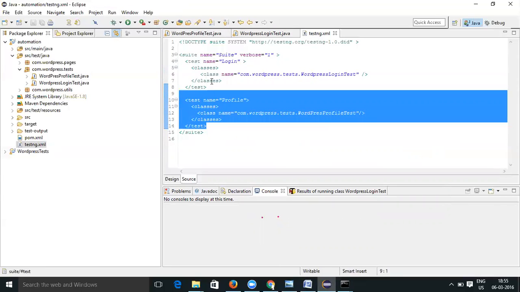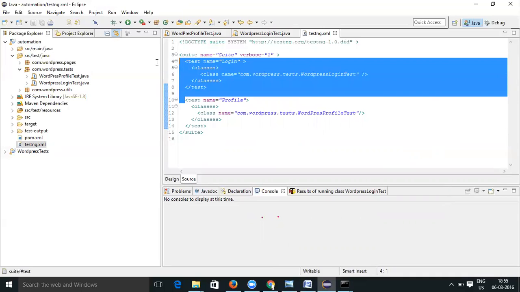First it will request a node with Windows 10 and Firefox, one of the nodes will be picked up and the execution will be done, and then the profile test will be executed. There are two nodes available again, and again one of the nodes will be picked up and the execution will happen.